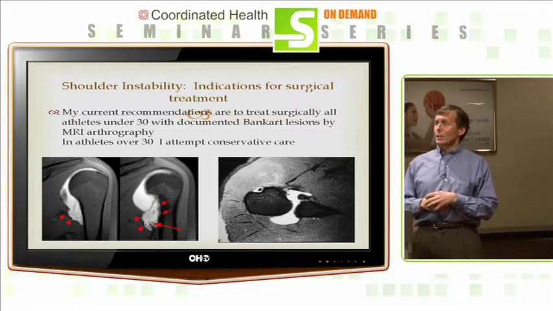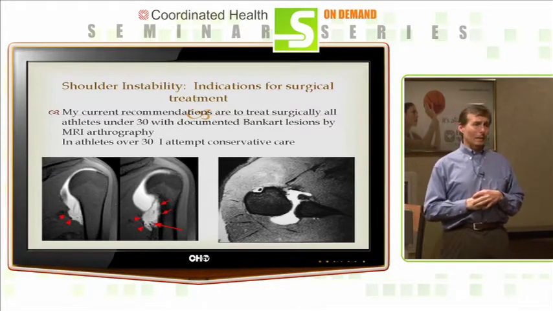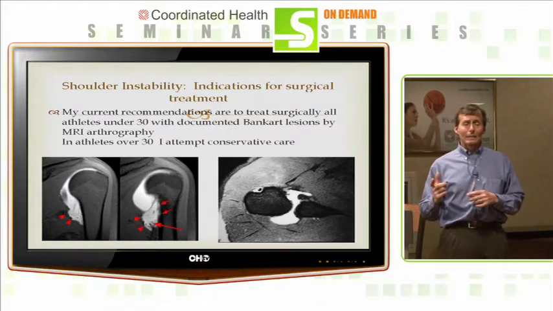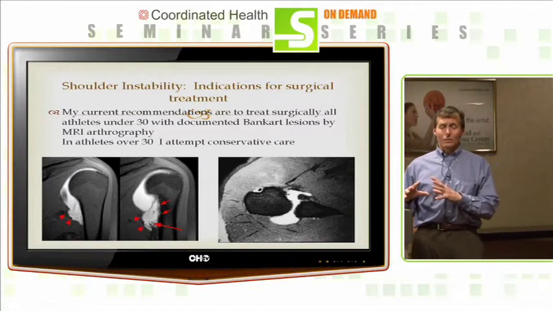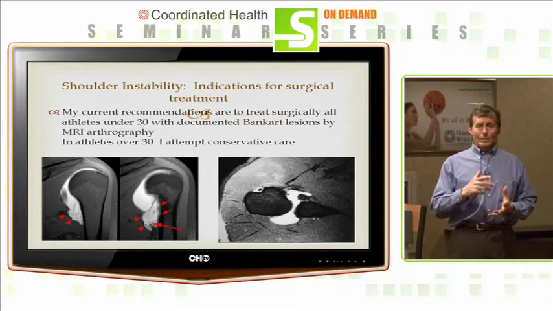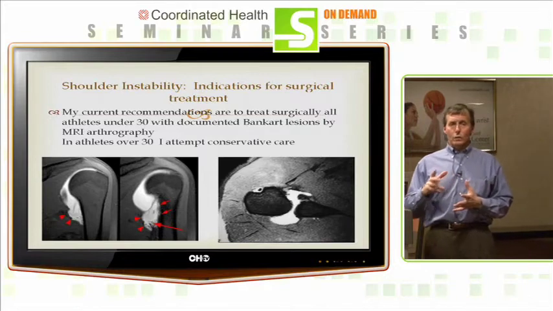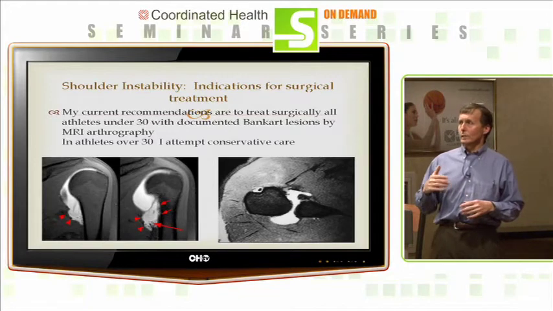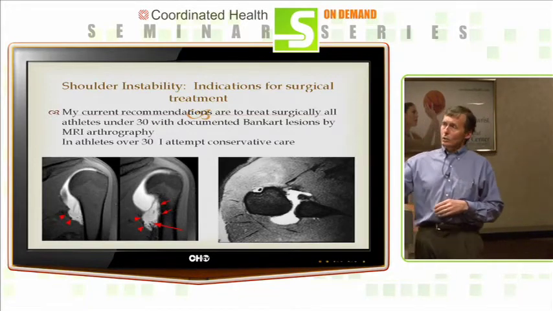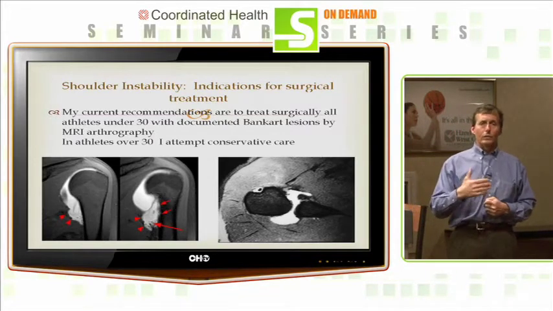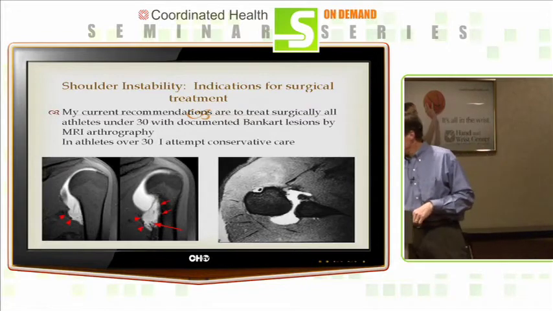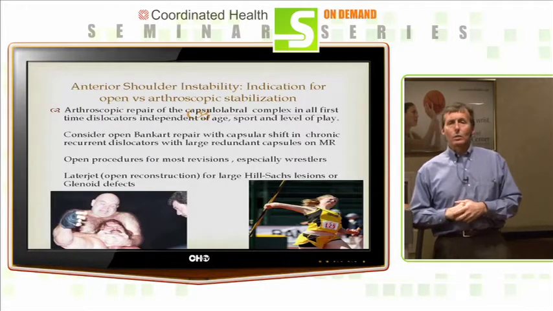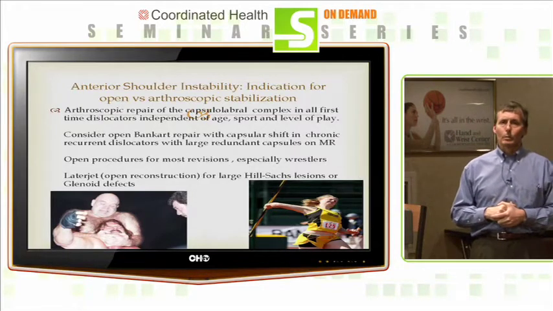Whereas years ago, I would let that shoulder dislocate a couple of times, now I think that by letting them go on to chronic instability, they have less of a chance of having a really good result than if I can fix the first-time dislocators. And that's changed a lot. I've changed over the last 20 years. I am treating the under 30 first-time dislocator much more aggressively than I did in the 90s. Again, over 30, I'm treating that guy a little more conservatively. I'm rehabbing him, watching him a little more closely.